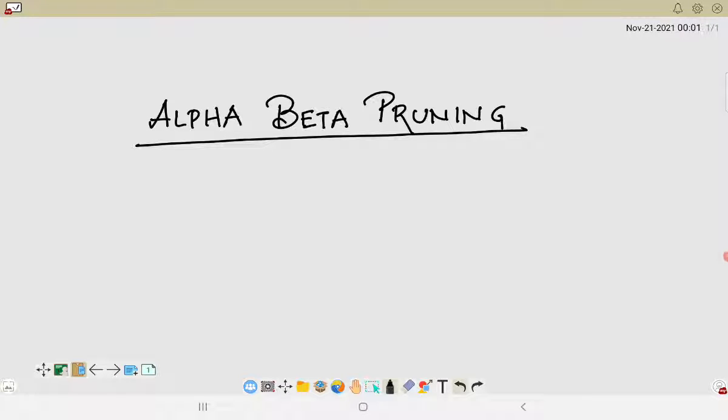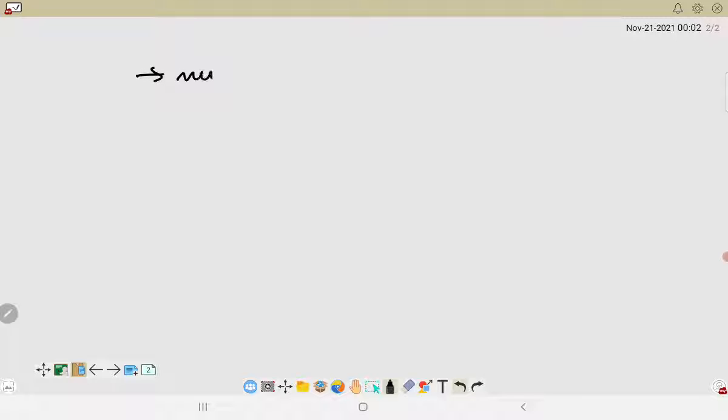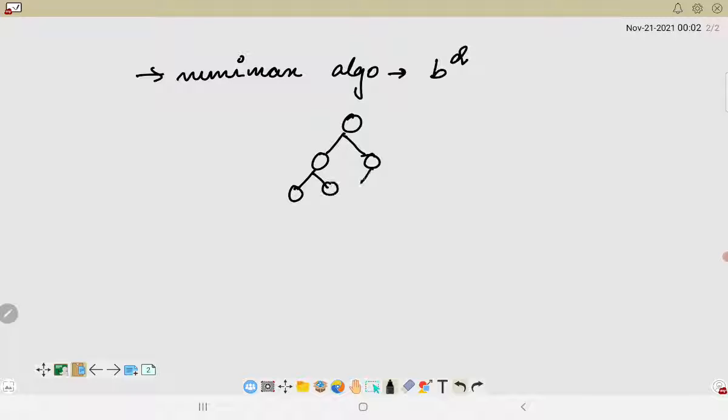In this video, we will be talking about alpha-beta pruning, which is used in game playing. Now, in my previous video, we talked about the Minimax algorithm, and we saw that its complexity is calculated in the order of b to the power d. So when we are considering a game tree, let us say this is the game tree representation, b would be the branching factor, that means the number of children each node has, and d will be the depth. This is basically considered while we are performing any search based on the Minimax algorithm.